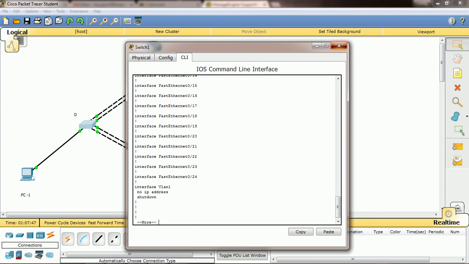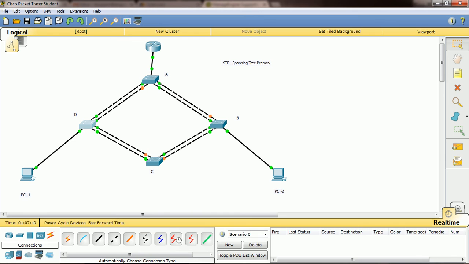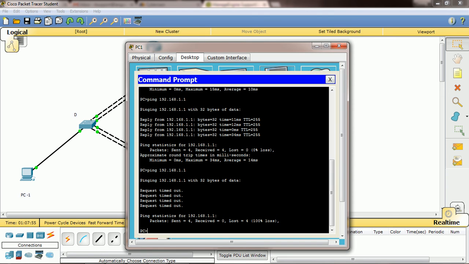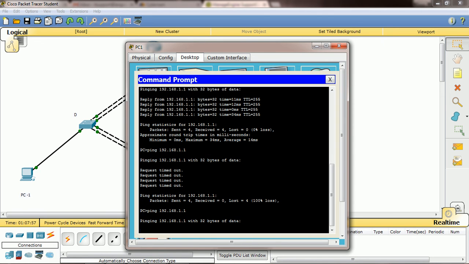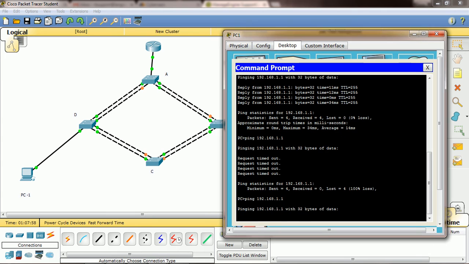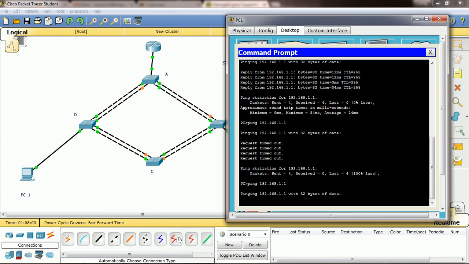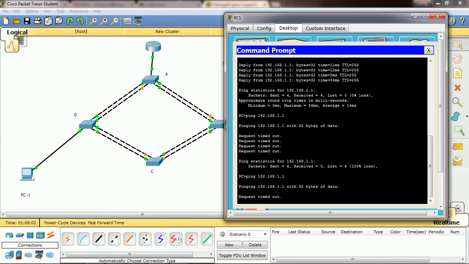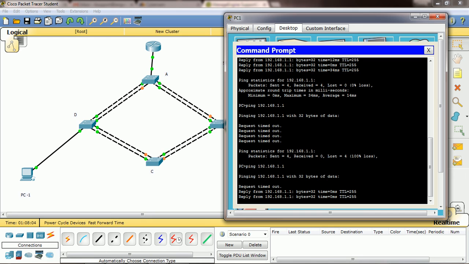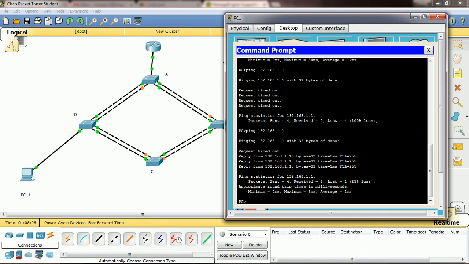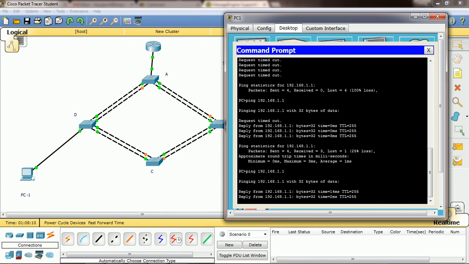Yeah, then let me try to ping now and see what is happening. Let me see whether it is pinging or not. I think it won't ping. Yeah, it's not pinging. From which side does the issue happen? Yeah, it's pinging now. Hey, great.